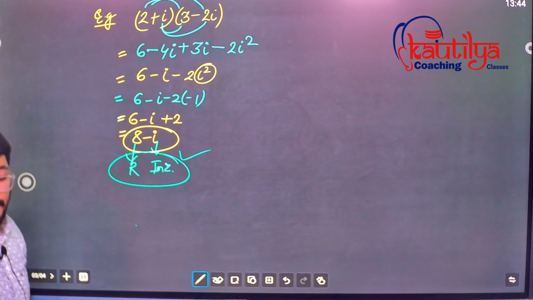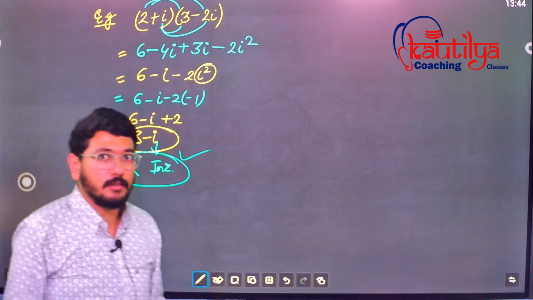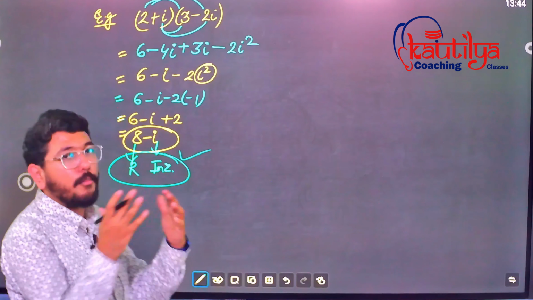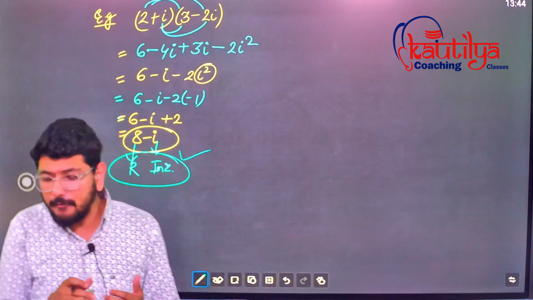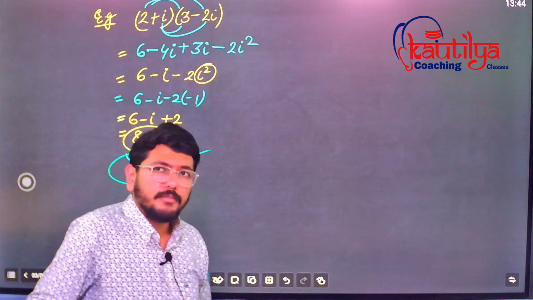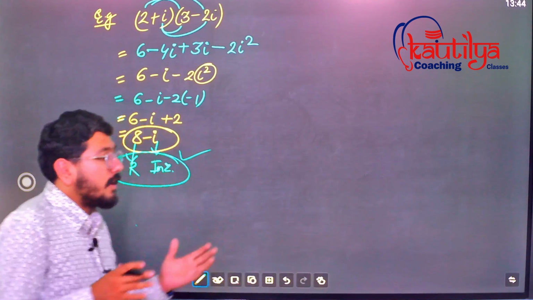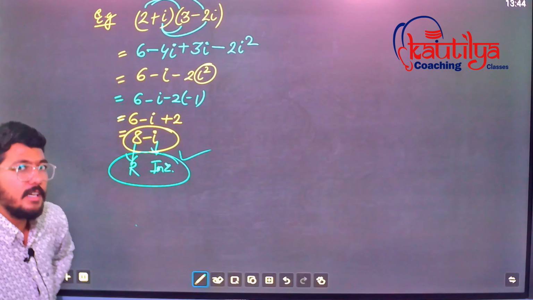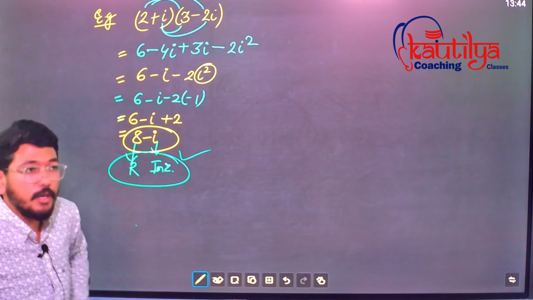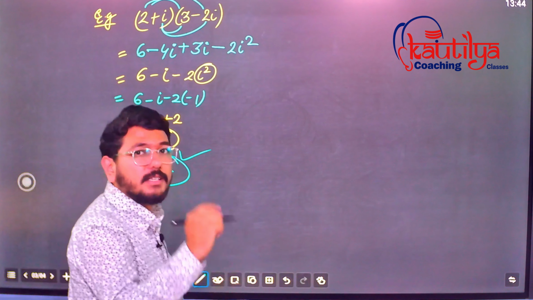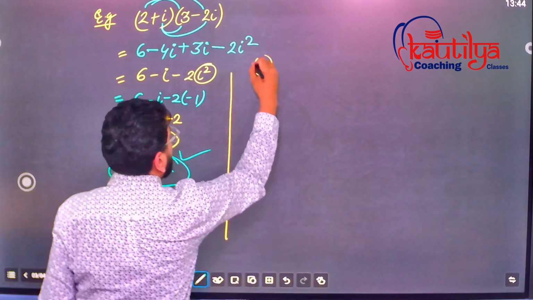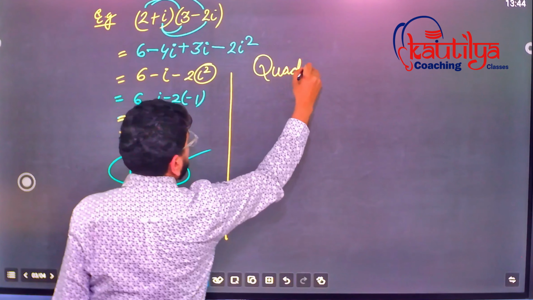Okay, now if we are talking about the quadratic equation, right? Quadratic equations' connections for a complex number: can every quadratic equation be solved? My question is, can all the quadratic equations you have be solved? If you take one example, that is x square plus 1. I'm talking about the quadratic equation.